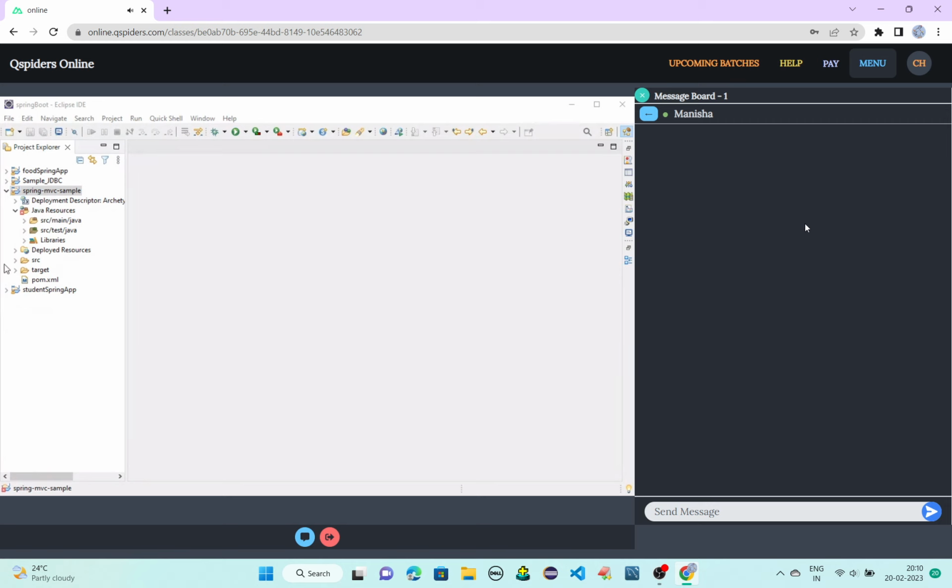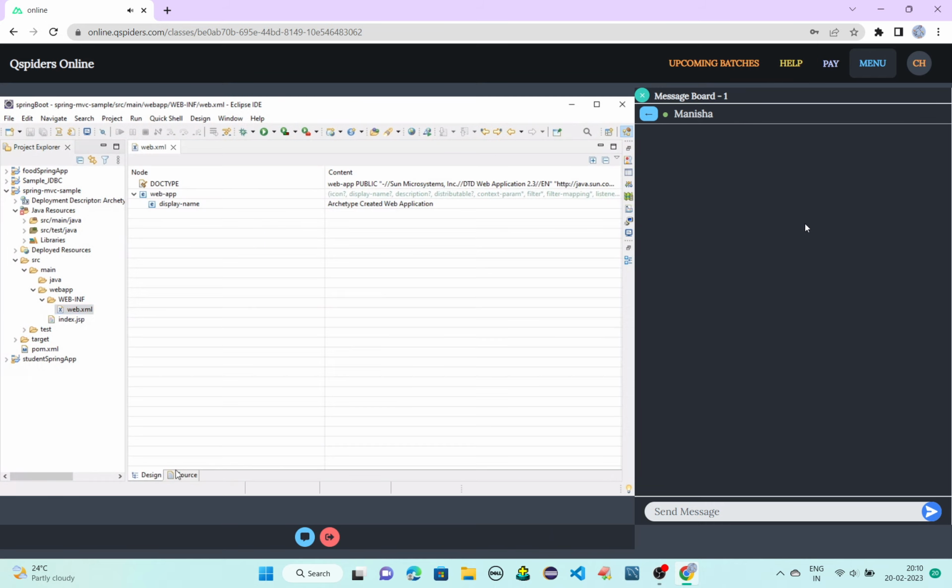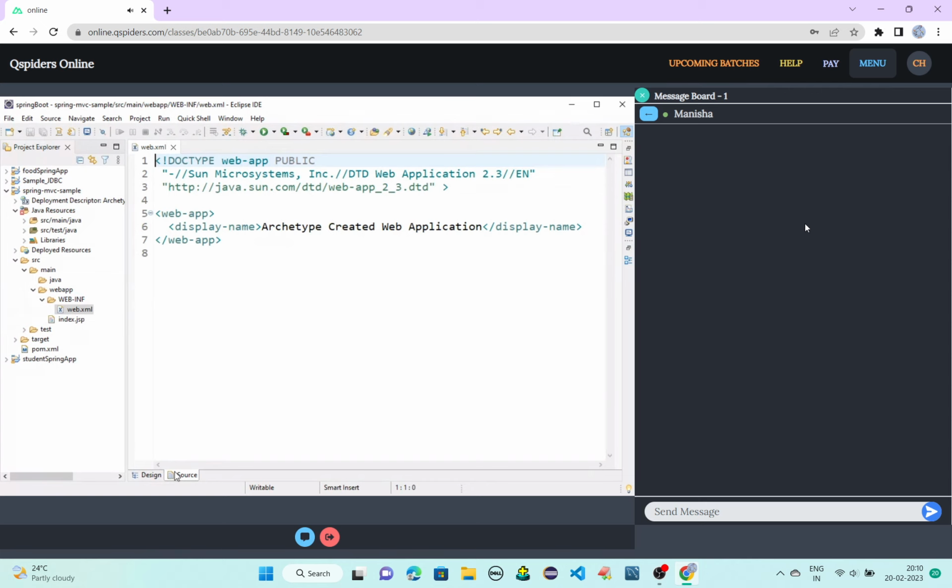So where should we configure the front controller? You can configure it in your web.xml.